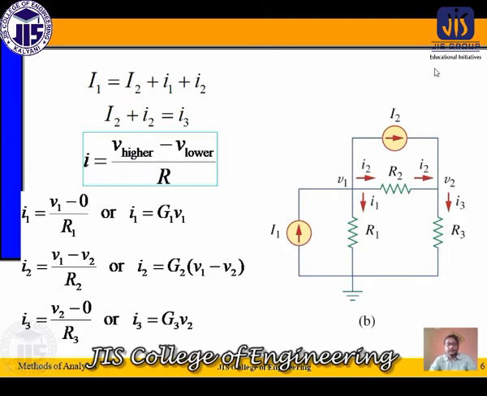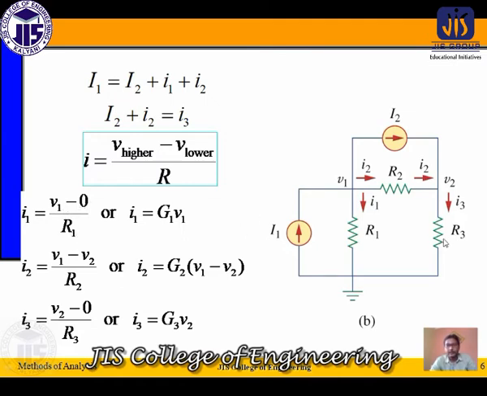Okay, now for the small I1 current, we can write the voltage difference divided by the resistance of that path. Voltage difference means voltage of the starting point minus voltage of the end point. The starting point has a voltage of V1 and the end point has a voltage of 0. So the potential difference is V1 minus 0, divided by the resistance of this path. What is the resistance of the path where the current is small I1? The resistance is capital R1. So we can say I1 equals V1 minus 0 by R1.